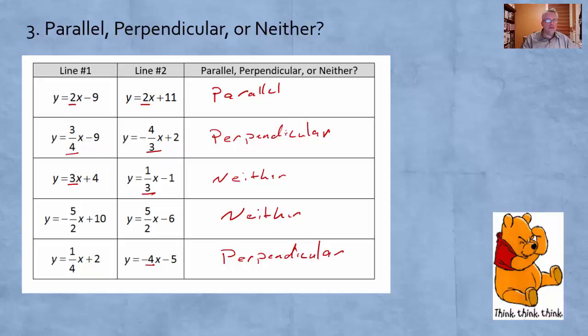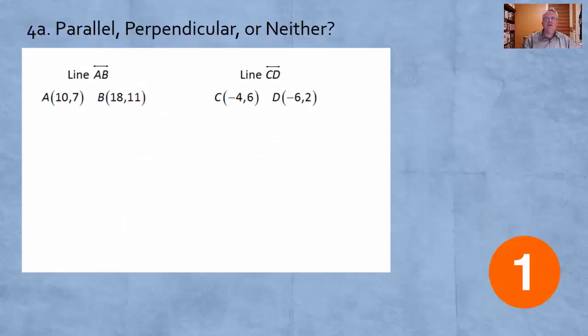Alright, let's take a look at this. Sometimes we're given just 2 points on the line, so we can still determine if the lines are parallel, perpendicular, or neither. We just got to find the slope. So we have a line AB that passes through these 2 points, 10,7 and 18,11. So we can find the slope between A and B